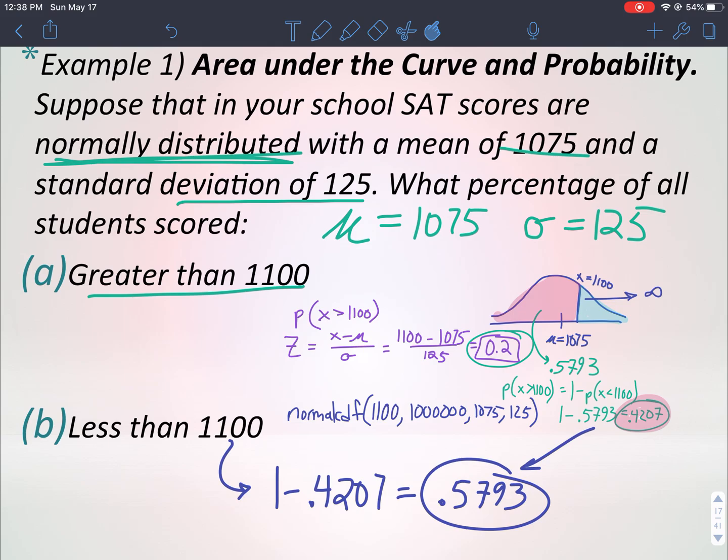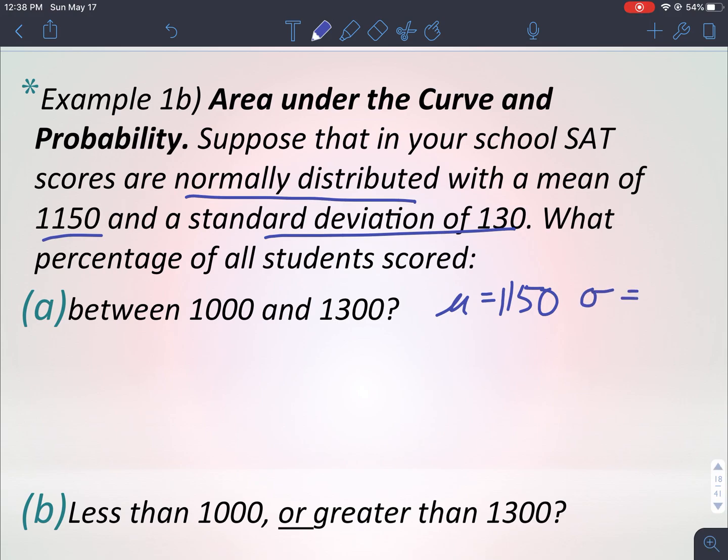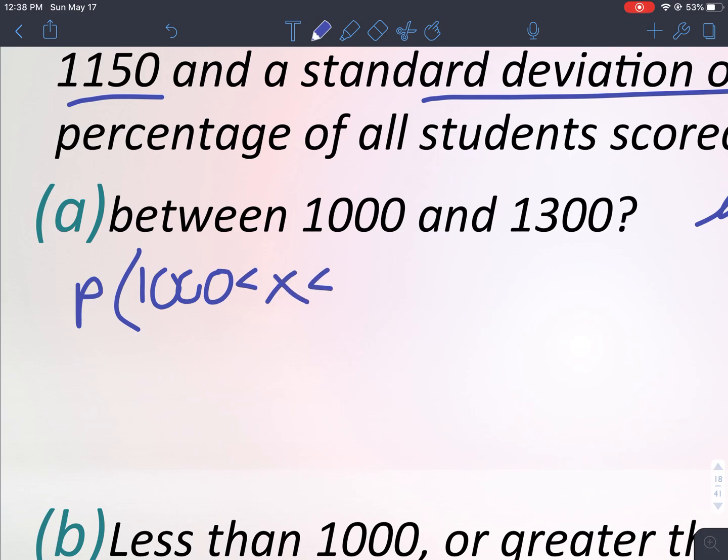Let's try another. Suppose that in your school, SAT scores are normally distributed with a mean of 1150 and a standard deviation of 130. What percentage of students scored between 1,000 and 1,300? I'm going to set up my probability between 1,000 and 1,300. I'll transfer that into two z-scores, one for the lower